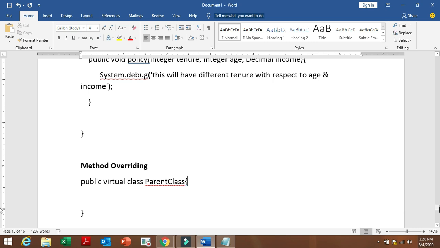Method overriding in object-oriented programming enables the child class to provide a different implementation for a method that is already implemented in the parent class. This is possible only through inheritance.